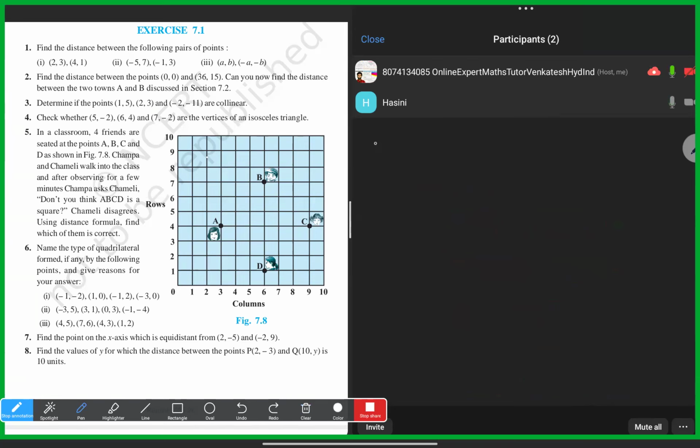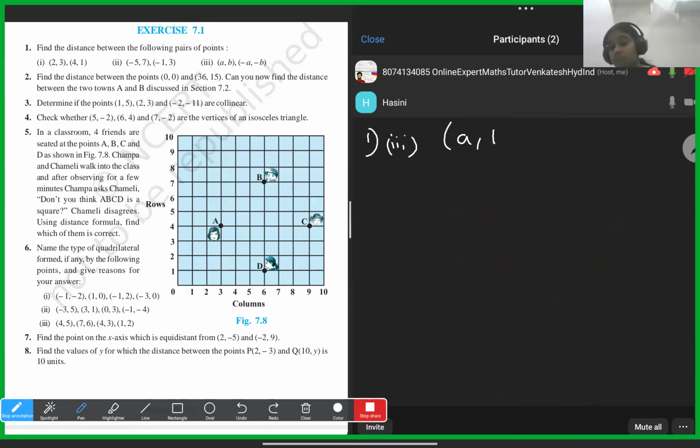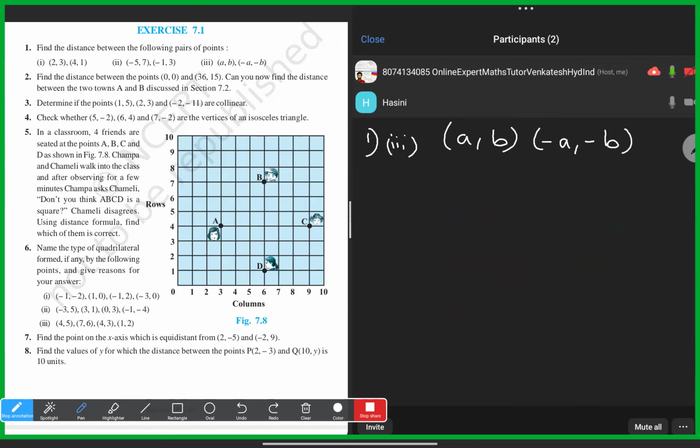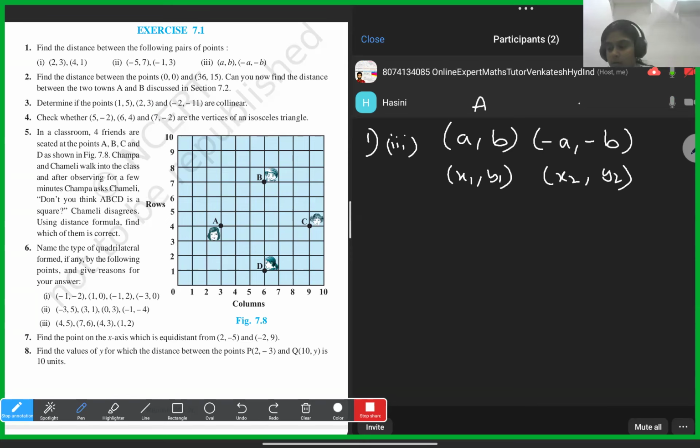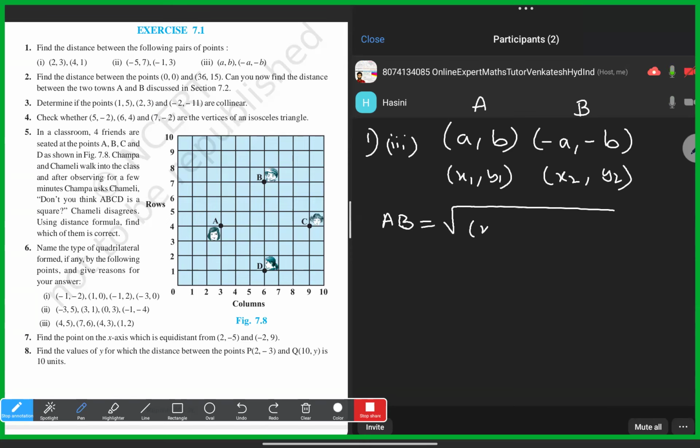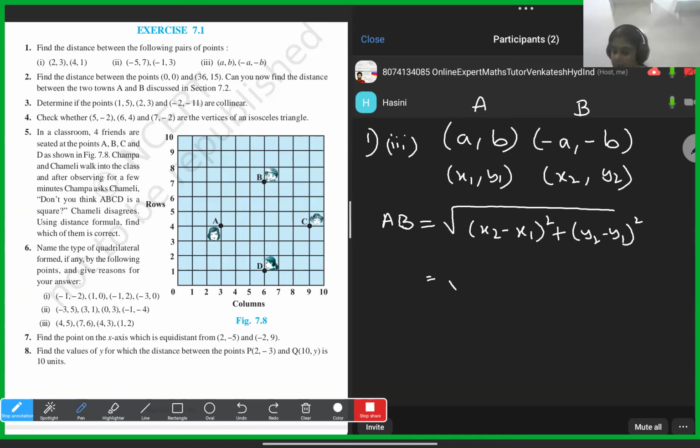Yes, Hasni. So first one, third question. It is a comma b and minus a comma minus b. So under that I'm writing x1 y1 and x2 y2, on top of that capital A, capital B. So let us consider them as points A and B, and the distance AB is given by the formula. Spell the formula, Hasni. Square root of x2 minus x1 whole square plus y2 minus y1 whole square. Yes, Hasni. So it will become